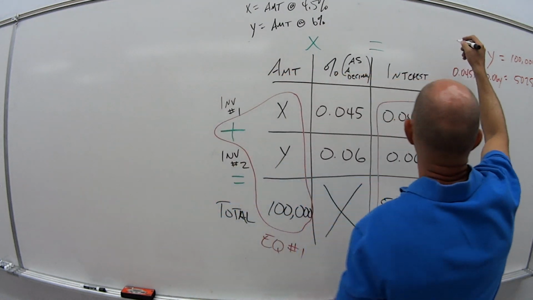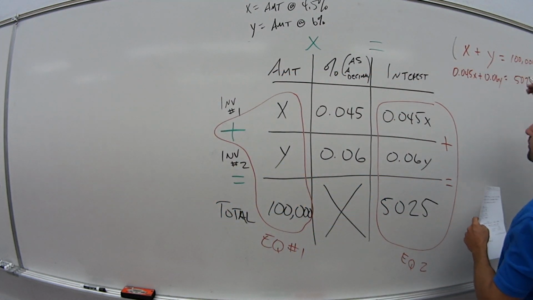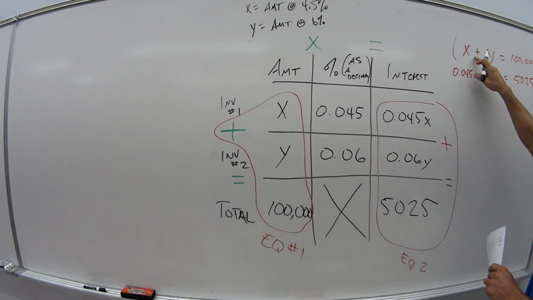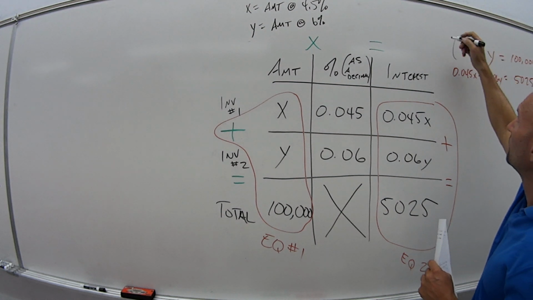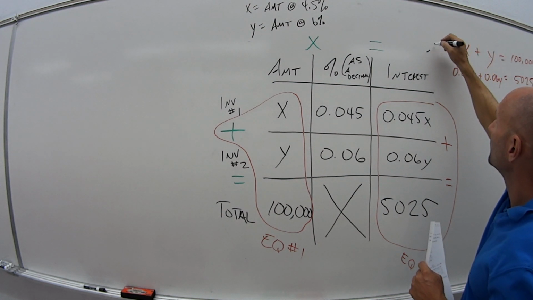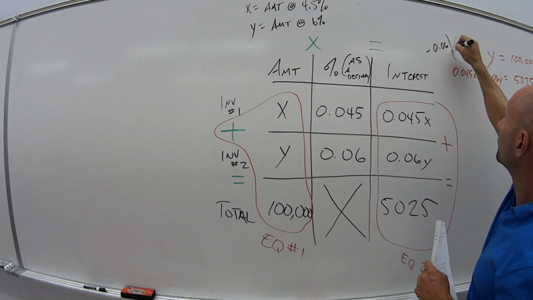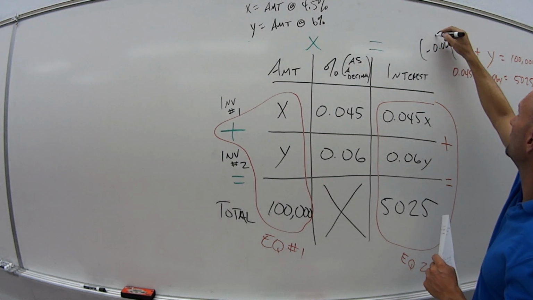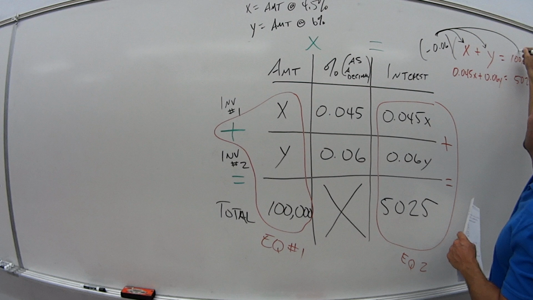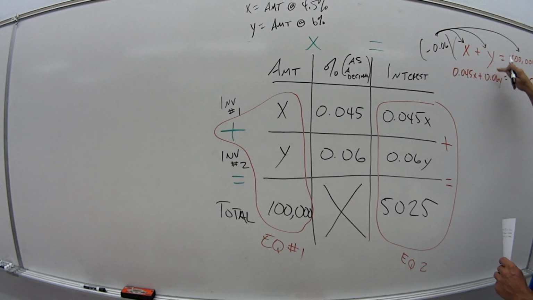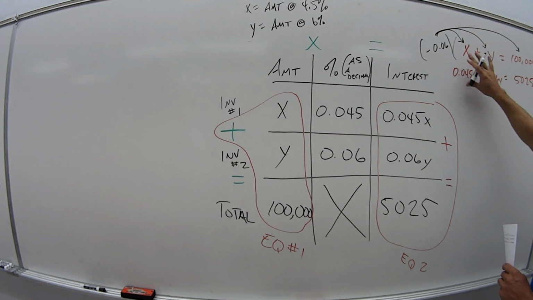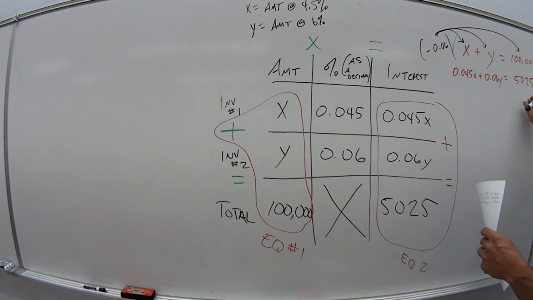So I'm going to multiply this whole row. If I'm doing elimination, I want to pick one of my variables. I can multiply everything so that one of them will cancel out if I add down. So I'm going to multiply this whole thing by negative 0.06. I'm going to multiply each piece in this equation by negative 0.06. So what will that do? That'll cancel out my y values here and leave me with just x is equal to something,